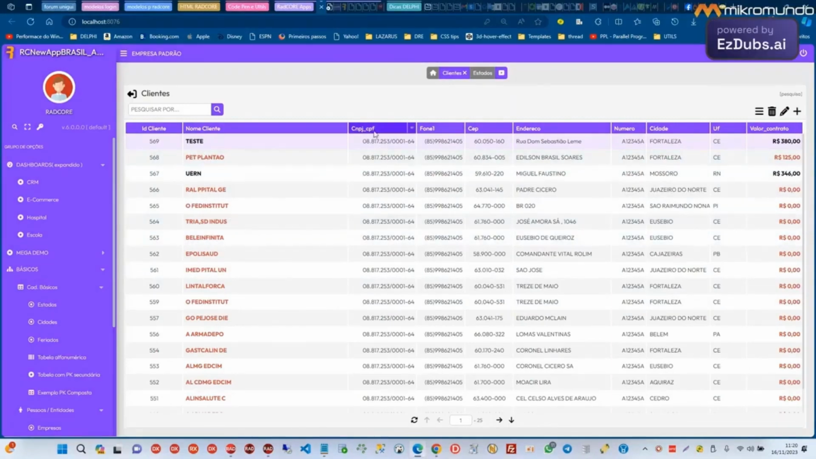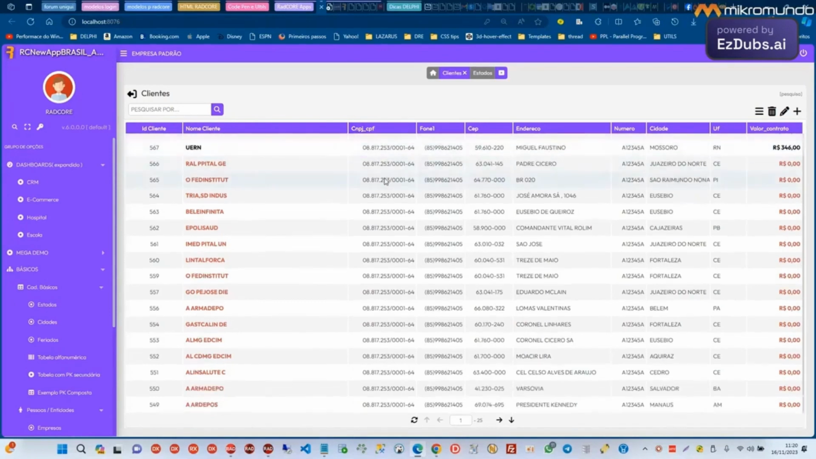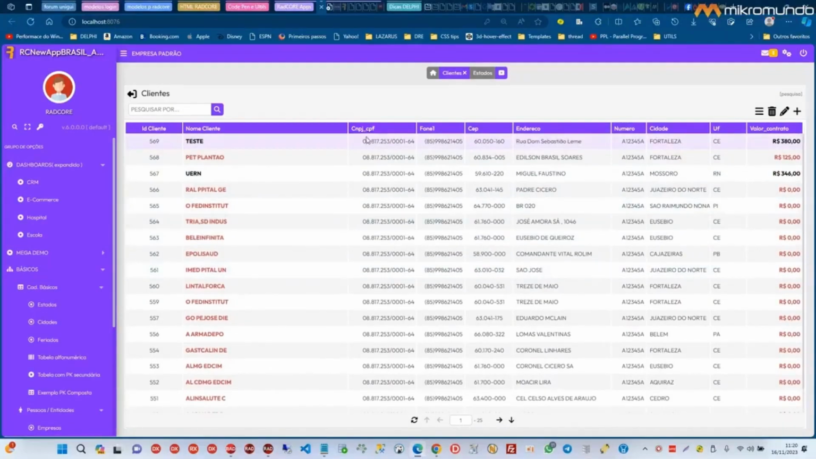In the CNPJ column, which is a tax document here in Brazil, it already appears to me formatted and aligned to the right. Why? Because this column will contain both the company tax document, which is the CNPJ, and the individual tax document, which is the CPF. So I'm going to have two variants, okay? They may have two variants. And then, as they have different sizes, so as not to be misaligned,